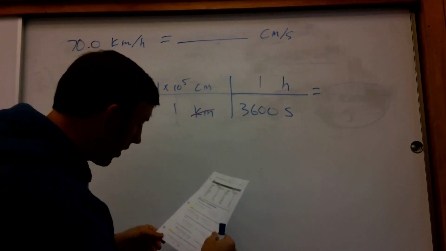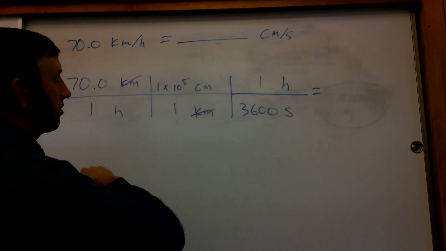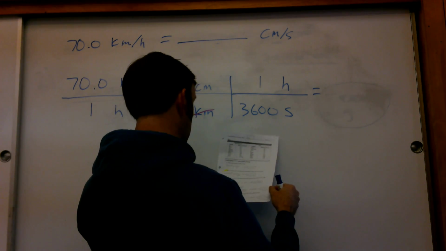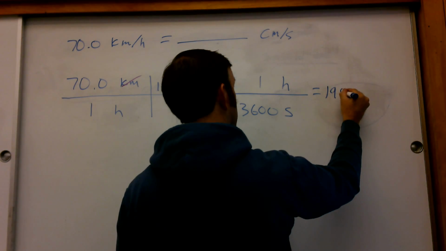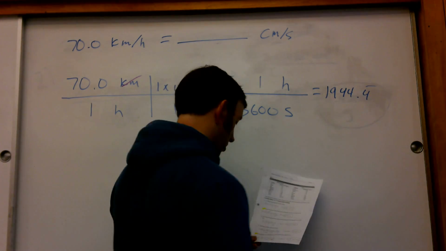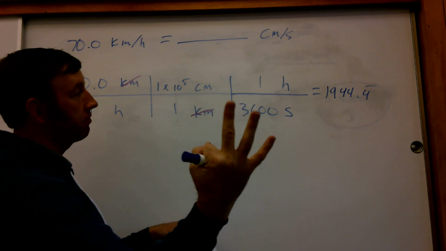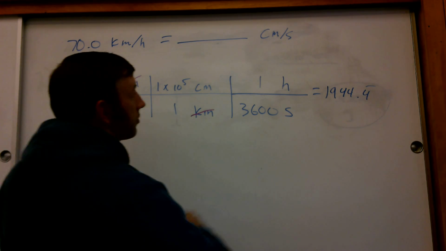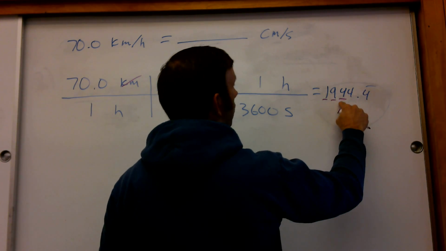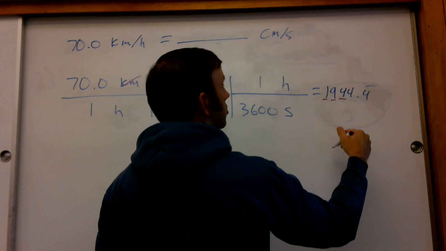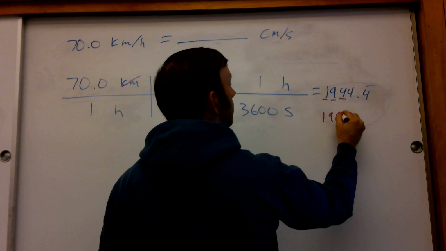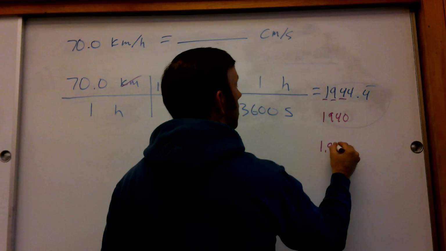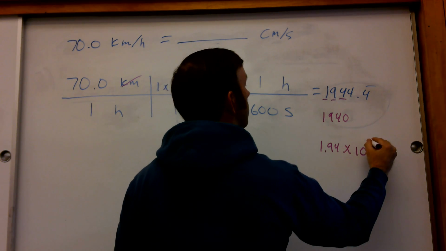So side note there. When I run my calculation, I go 70 times 1 times 10 to the 5th equals, divide that by 3,600, and I should get 1944.4 repeating, right? Now, I want to have 3 sig figs in my answer, so I'm going to go to my 3rd digit. So there's 1, 2, 3, 4 comes after it, so that rounds down. So it's going to be 1,940. Right, which in scientific notation would be 1.94 times 10 to the 3rd